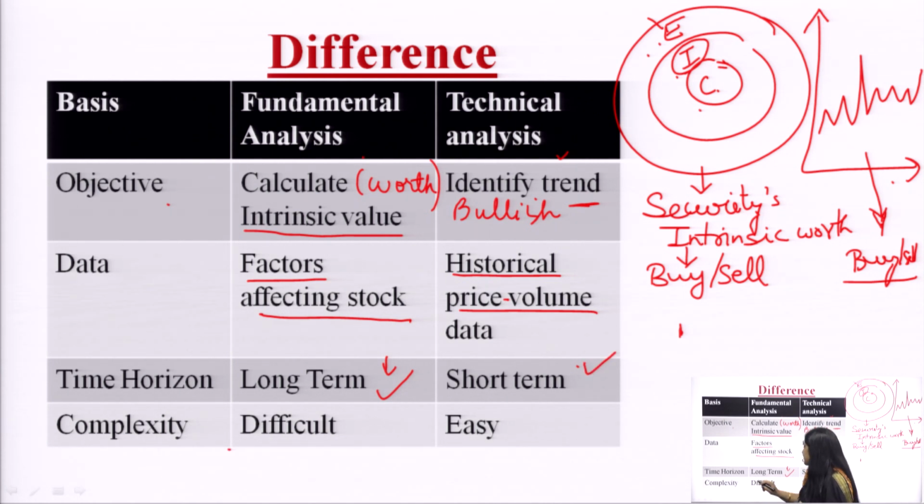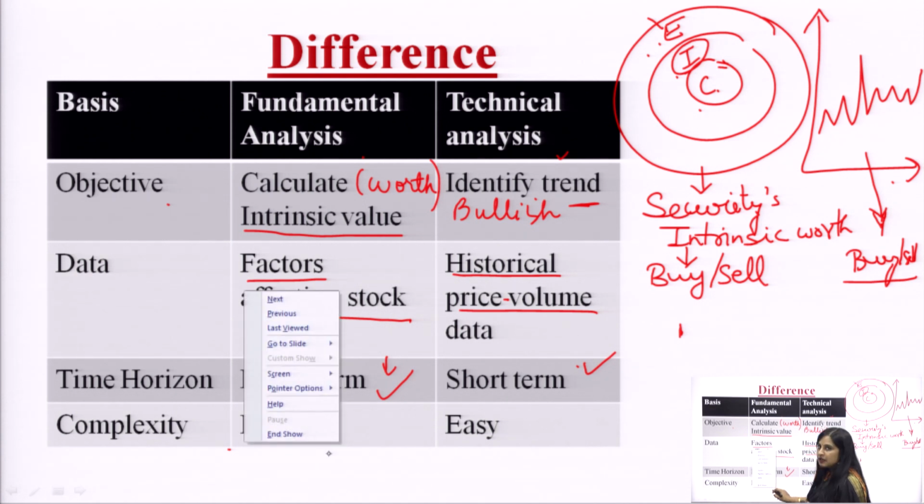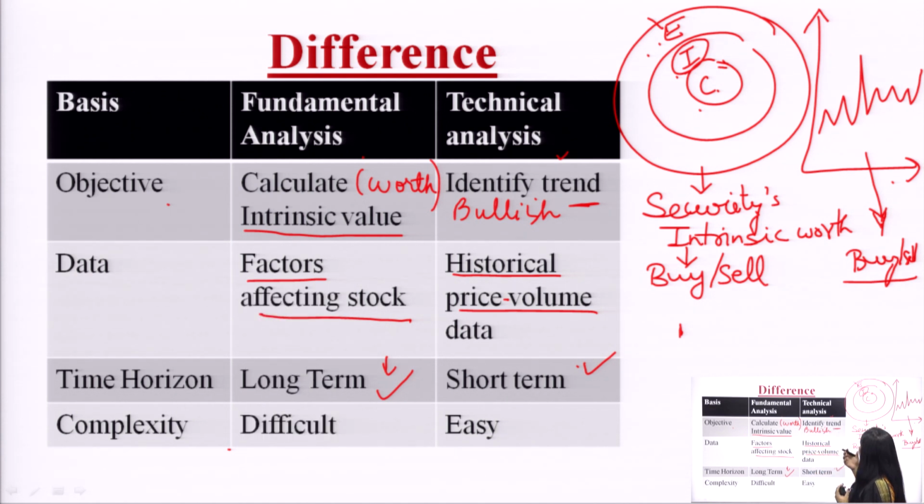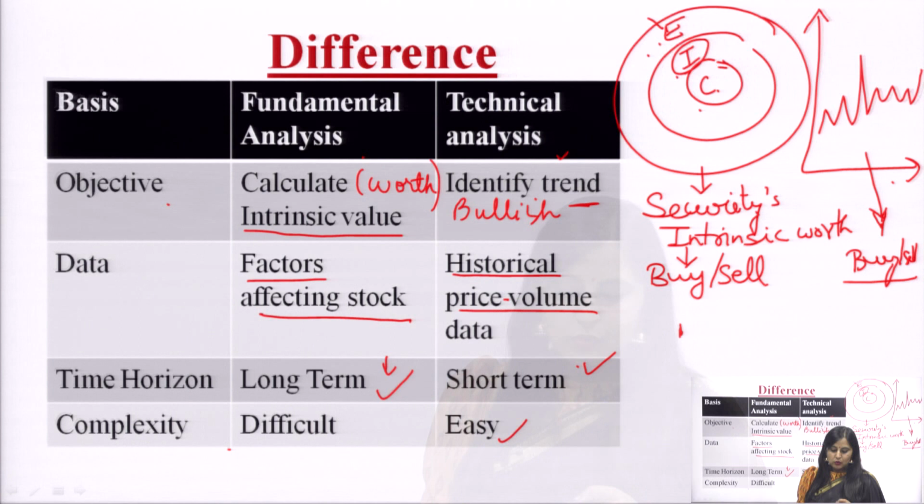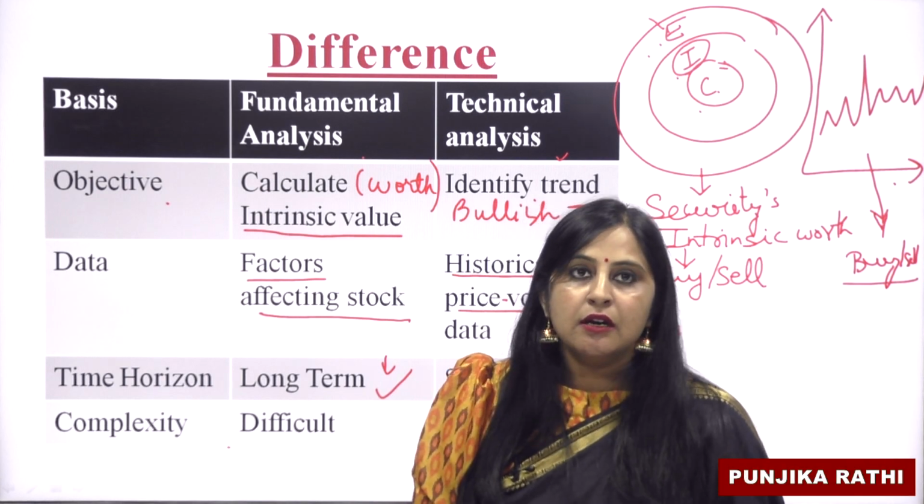The complexity: fundamental analysis is very difficult to use, because it is a time taking process, and it has to be done by analysts, experts of the market. But technical analysis is easy because there are ready made technical tools which we can see on the stock exchanges' websites as well. So, I hope the difference is clear,